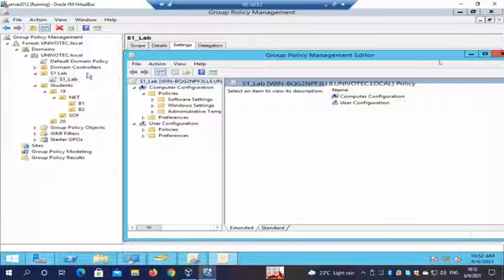So the user configuration actually, putting anything, changing anything there is of no use if students or anyone is using the domain accounts, right? Because this user configuration will only apply to the local users of the computers in the lab, right? So usually if we have a domain, then we will be using the domain accounts, right? Mainly people will be using domain accounts because it's difficult to manage local accounts in a lab.